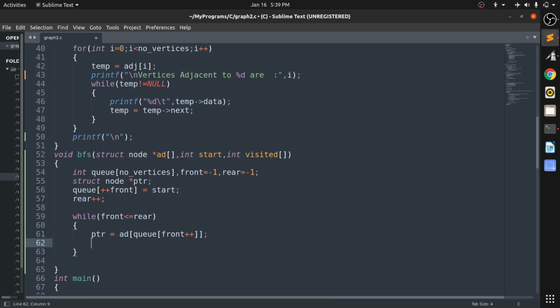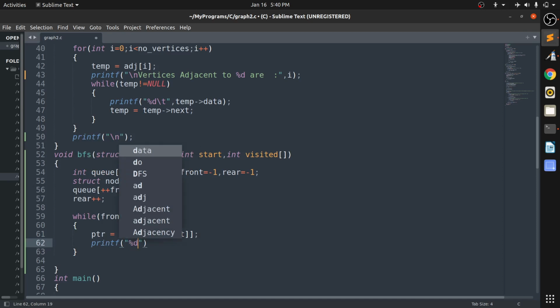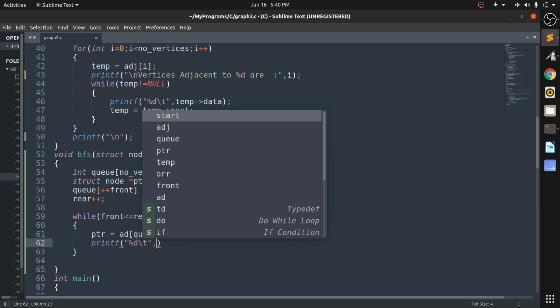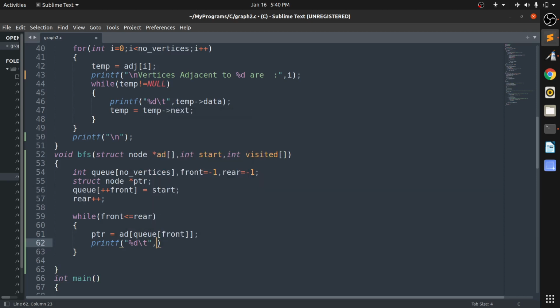Okay, so actually before deleting that value, what I wanted here is just to print that value. So printf %d, taking some space, and then queue of front. Okay, and then plus plus. Okay, here there is no problem.